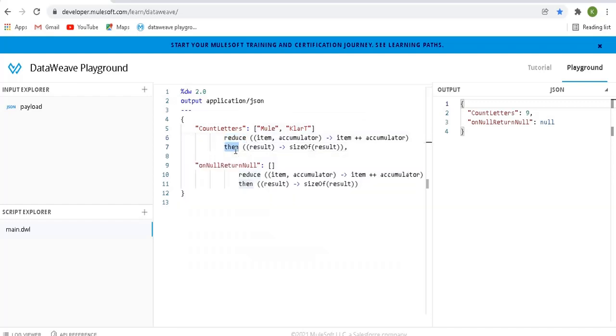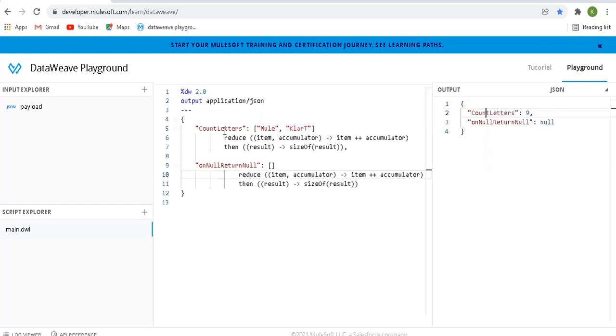Here we have used then result as size of result. So result is one object which will be the final output. It will show you the size of result, so the number of letters available in these two words. So 1, 2, 3, 4, 5, 6, 7, 8, 9. So the letter count will be 9.